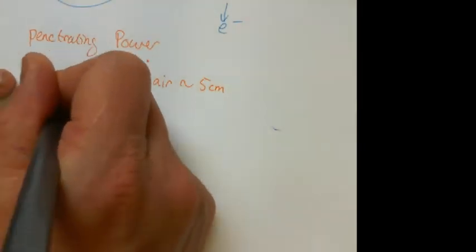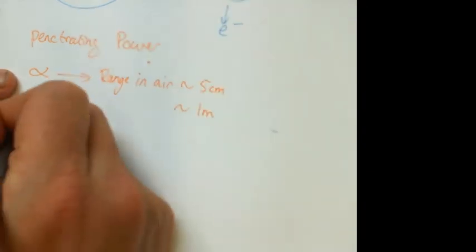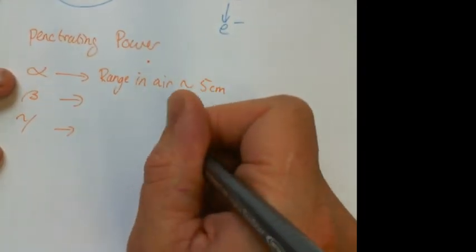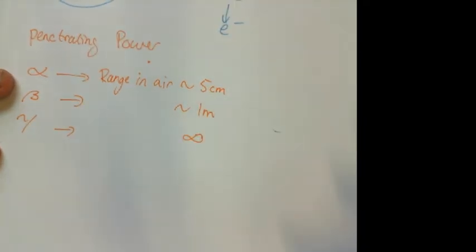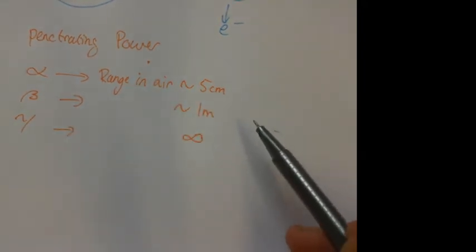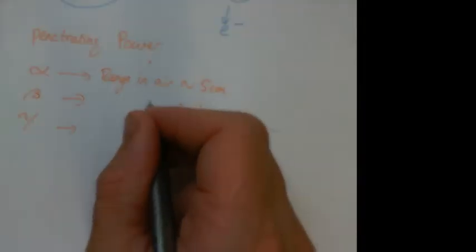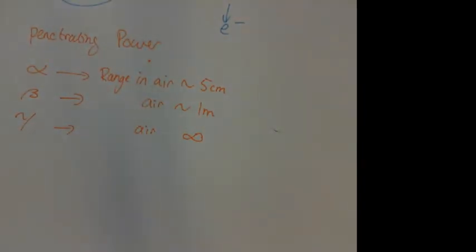Beta in air is about a meter, and gamma in air is infinite. It will just keep going. Air is not going to make a dent on gamma. But that's not all we want to know. We want to know, what about other substances other than air? So let's see what happens if we have our alpha, our beta, and our gamma,